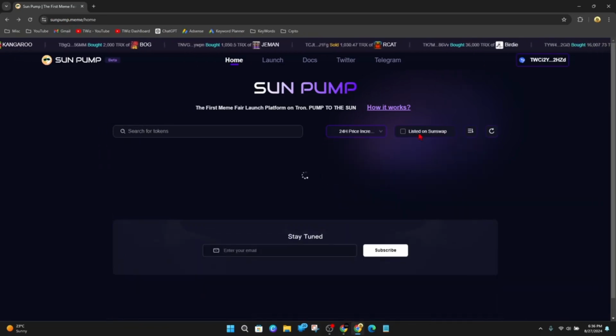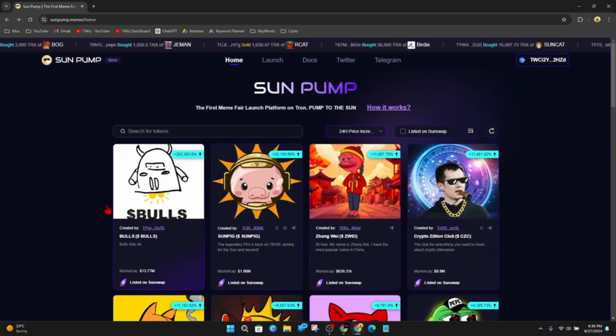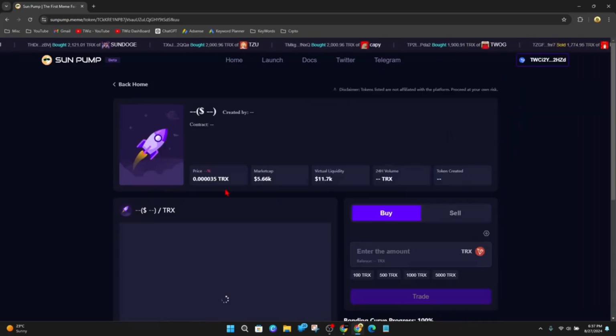So if I go ahead and do the 24-hour price increase, you can see all the biggest rises, and it's pretty incredible if you think about it. Like this Bulls one here is up 262,000%. This one's up 20,000%, etc. So if you want to buy into any one of these, obviously do your homework on which token or coin you want to buy. But just purely for demonstration purposes, if I want to go ahead and buy this Bulls